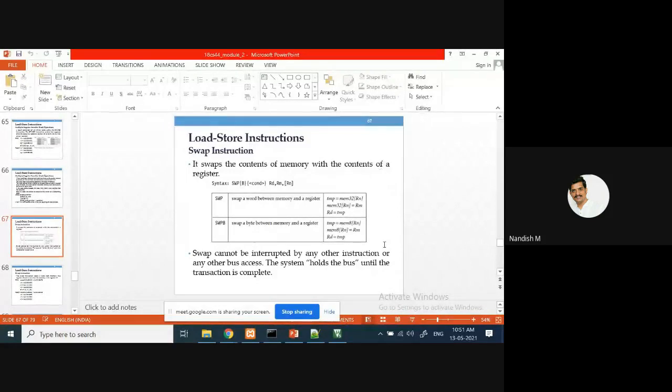BX and BLX, those branch instructions, are going to change the instruction set from 32-bit to 16-bit, the Thumb state. It changes by checking the register content, the 0th bit of a register.